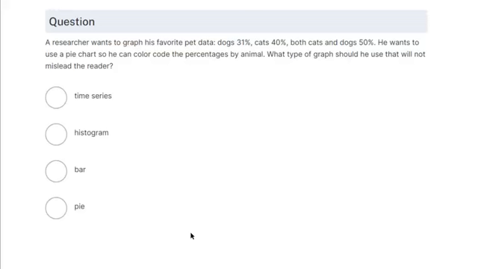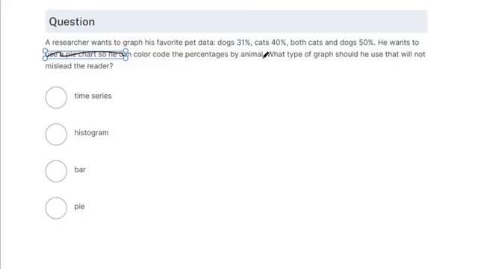Researcher wants to graph his favorite pet data. 31% dogs, 40% cats. Okay, that adds up to over 100%. So a pie chart isn't a good idea. Pie charts, like we just said, are for showing a portion of a whole. If you have this voting system where people can vote for more than one,